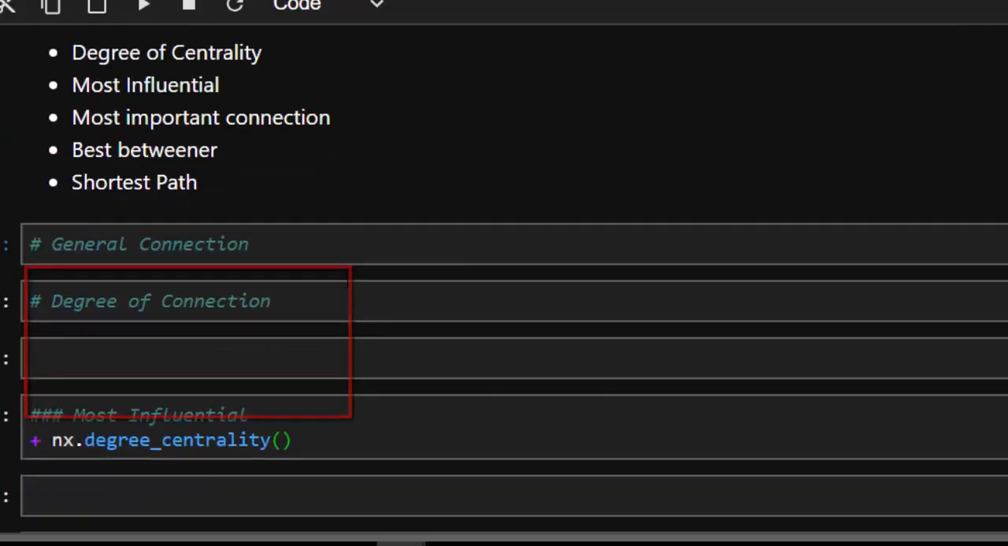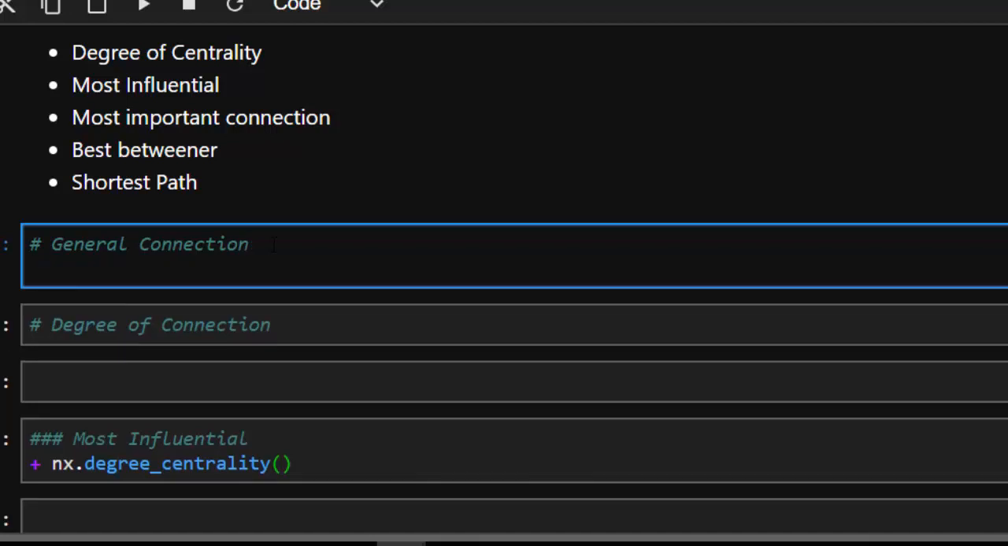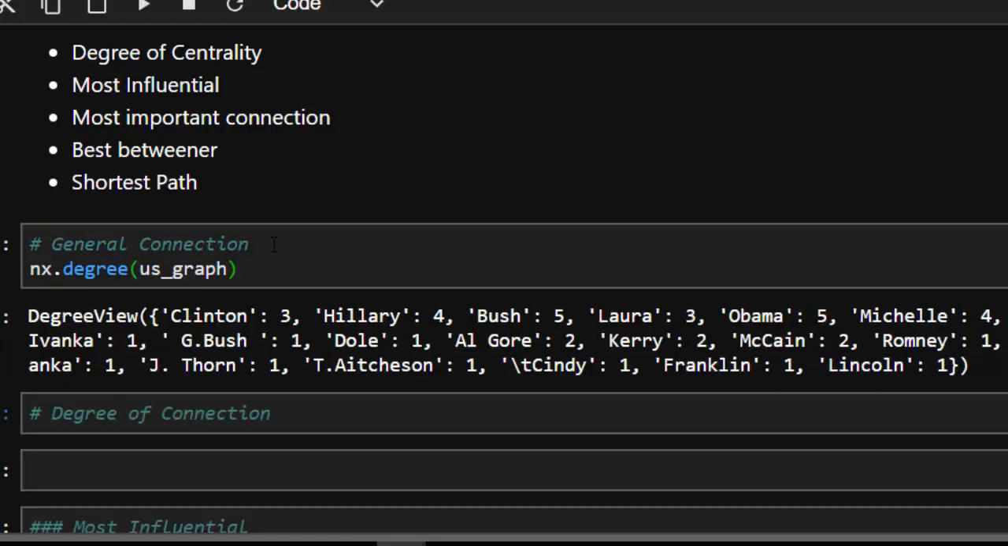So the first one is, how do you get the degree of centrality? So let's see first of all the general degree or general levels of connection. So it's going to be quite simple. We have our graph already, which we had as US graph, right? That is the graph that you are working with. So that is what you are trying to find, the general level of degree. So going to be degree, pass it inside this, then going to list it perfectly for us. So this is a degree view for all of them. So Clinton has 3 different connections, Hillary has 4 different connections, Bush has 5, Obama has 5, and all of